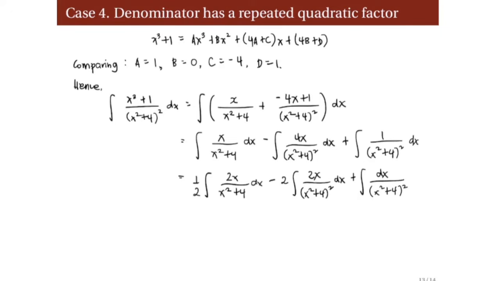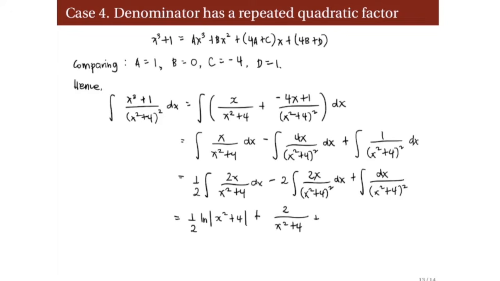And so, this is equal now to 1 half ln absolute value ng x squared plus 4 kasi magiging 1 over u na lang yung part na to. Ito magiging 1 over u squared. Antiderivative niya is u raised to negative 1 over negative 1. So this would be plus 2 all over x squared plus 4 plus